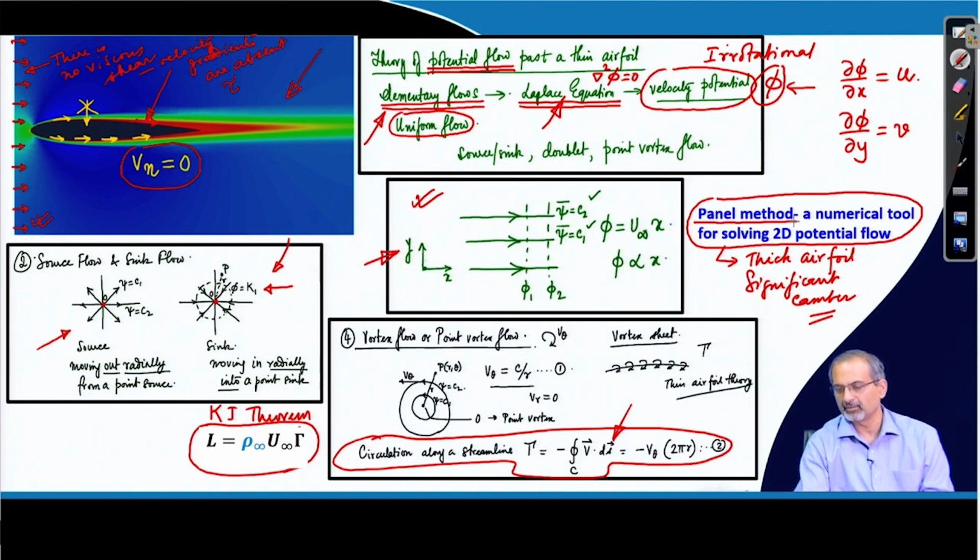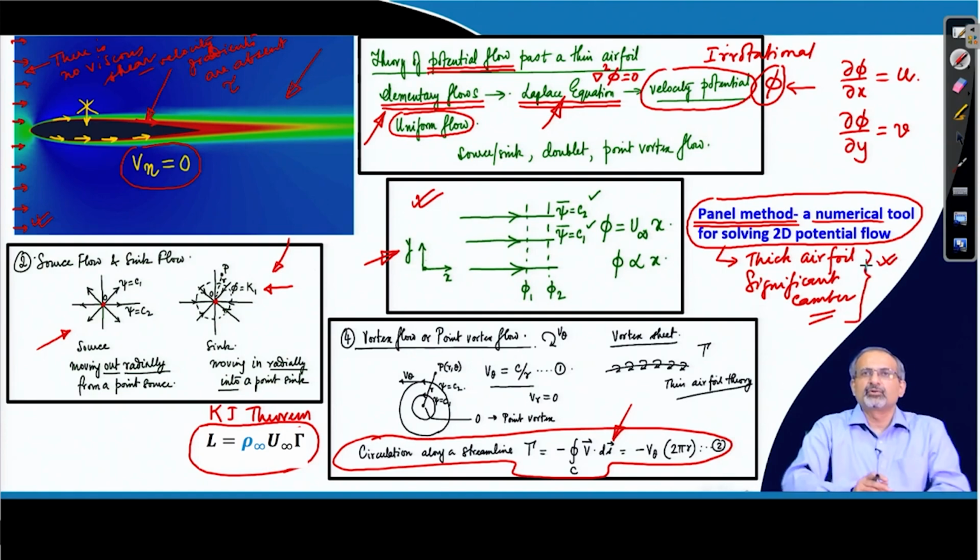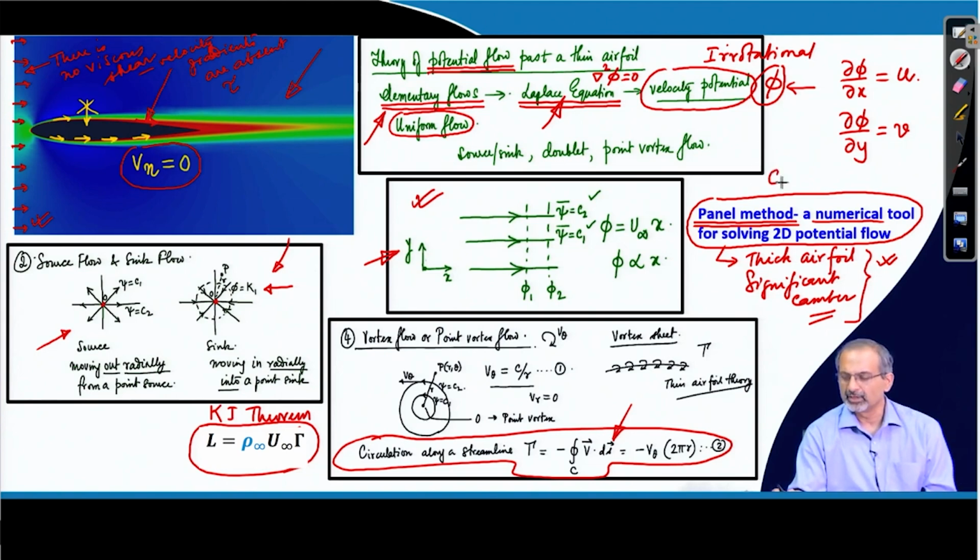So, we will learn about that method as well in one of the upcoming lectures. It is a numerical tool or a model for solving two-dimensional potential flow past arbitrary geometries for that matter. So, it is not used for solving only airfoil flows, it can be used for other kinds of geometries also, but we have to again remember that the basic model does not have any potential to calculate drag forces. The only thing that it can predict is the Cp distribution on the body and the consequent Cl,